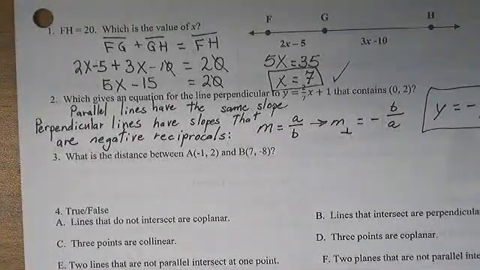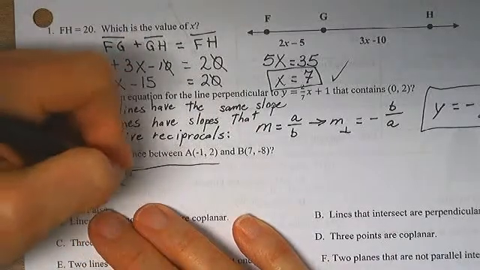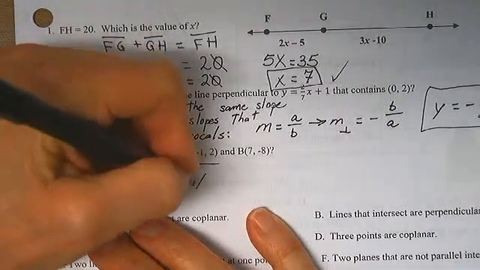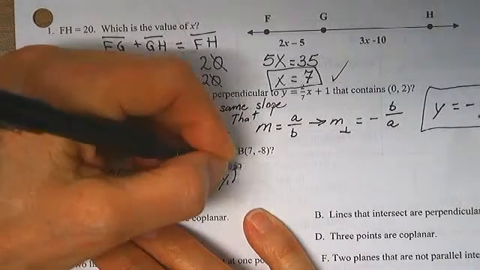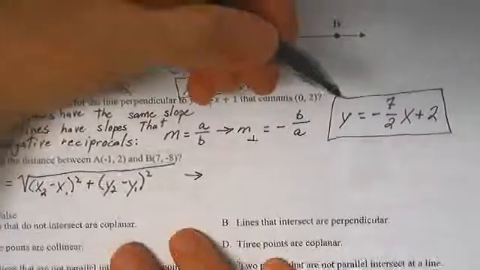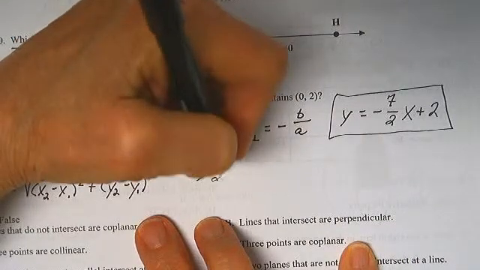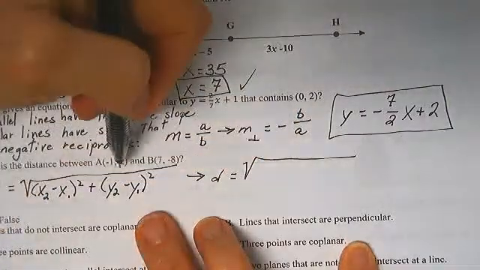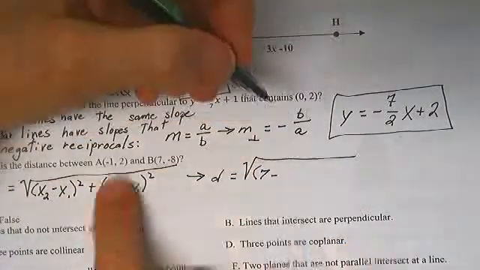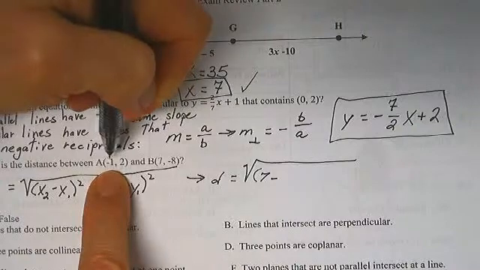On to problem 3. If we use the distance formula, the distance is equal to the square root of x2 minus x1 squared plus y2 minus y1 squared. In this case, now be careful of this because there's a chance to make a mistake here. The distance will be equal to the square root of 7 minus -1, x2 minus x1, but the negative of a negative is a positive,